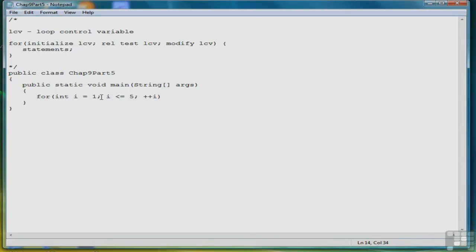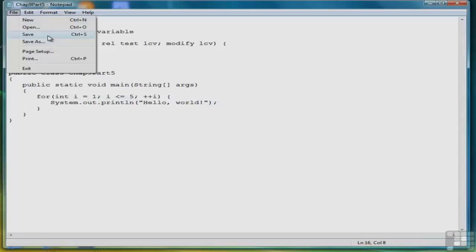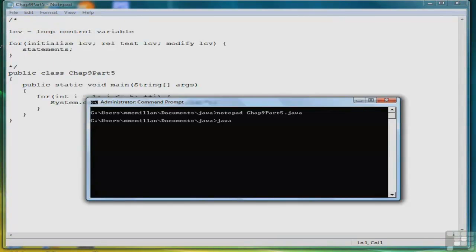Notice how compact the for loop is. We get most of our work done in these 3 very simple statements. Then we open the body, move over underneath it, and write System.out.println hello world, and then close the body of the loop. And that's all we have to do. So let's compile and run this program. So we'll save it. javac chapter 9 part 5.java, and then java chap 9 part 5,